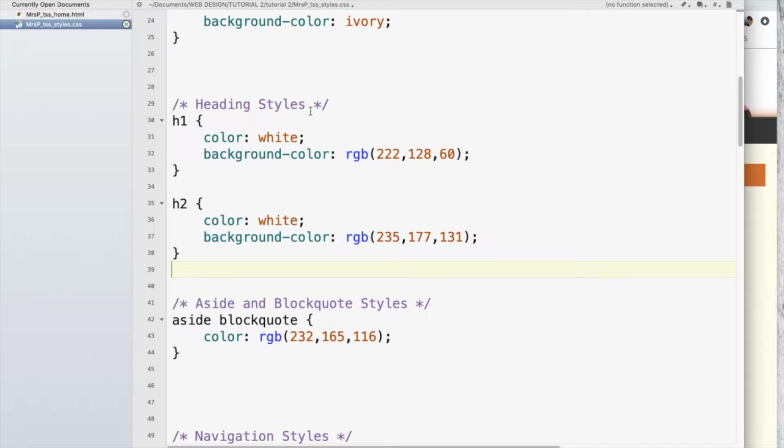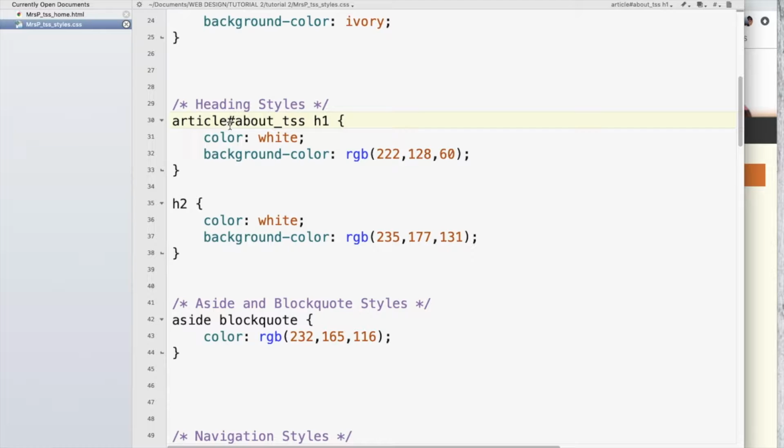But we want to make some changes here. We want this to only apply to the H1 or the H2 that fall under the article with the ID of about_TSS. So I'm going to put my cursor right before H1, and I'm going to type article hashtag